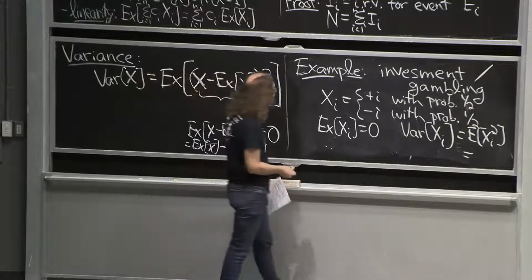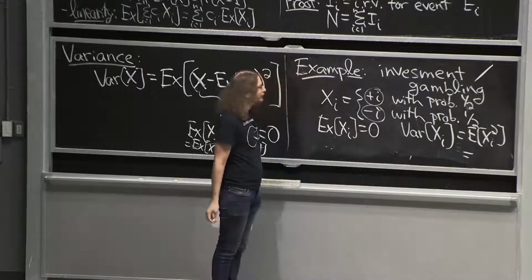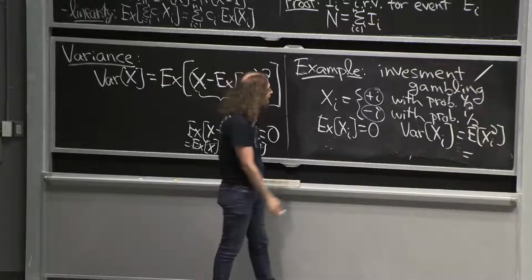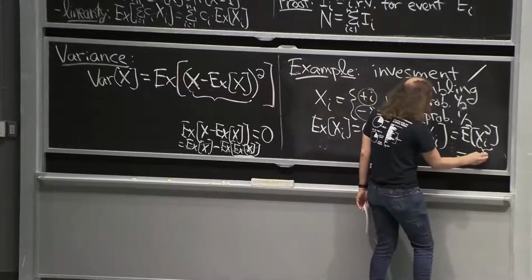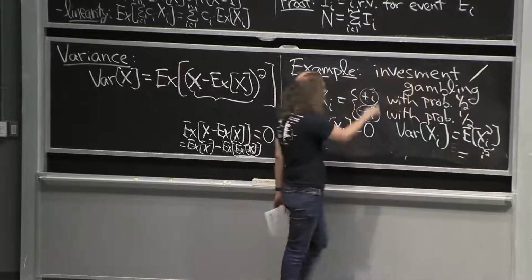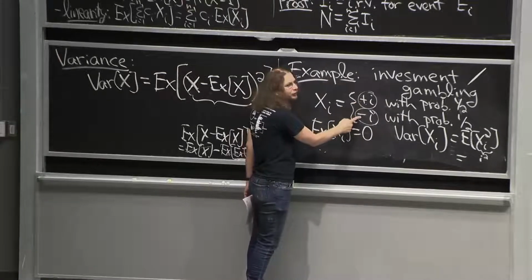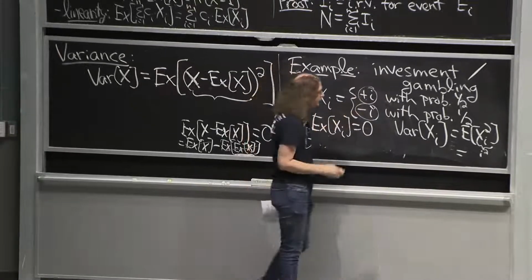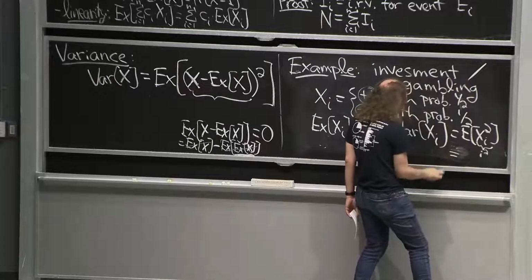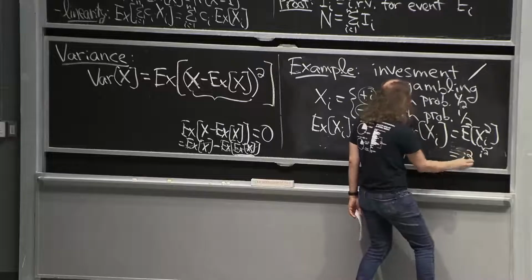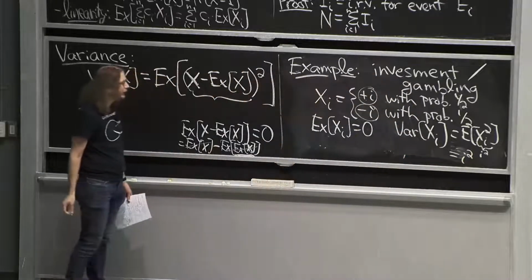Oh, yeah. Fun thing about square is it treats positive and negative numbers the same. So what is xi squared? It's always i squared, no matter how the coin flip occurred. If it was plus i, the square of that is i squared. If it was minus i, the square of that is i squared. Okay, so this is part of the magic of variance, that we treat negative and positive numbers the same. And so the expectation of xi squared, I mean, i squared doesn't depend on anything, so it's just i squared.